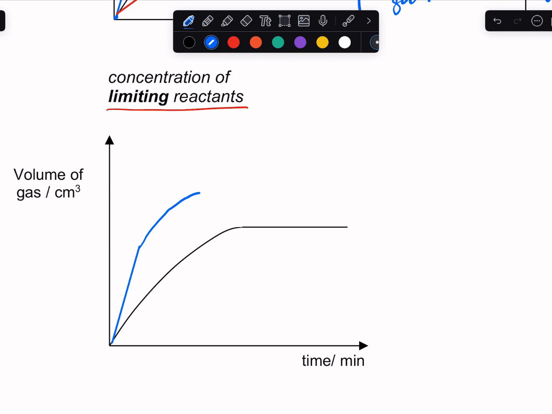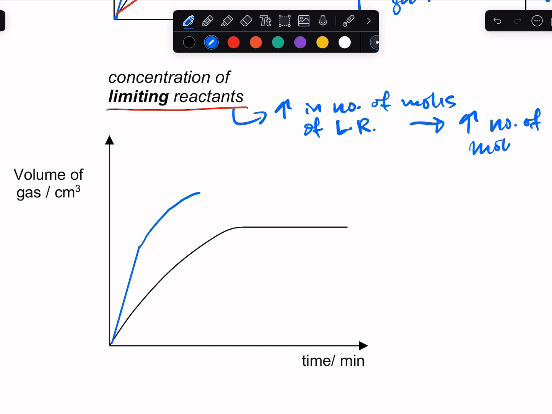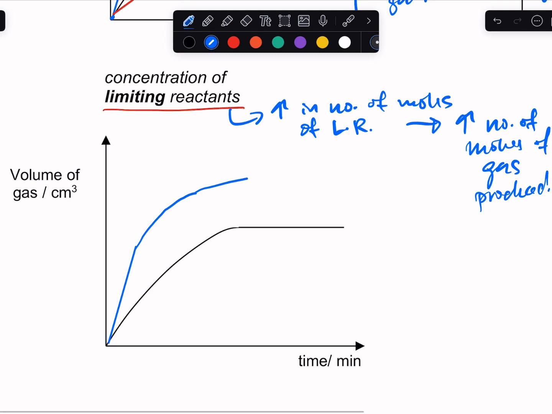But because now there is an increase in number of moles of my limiting reagent, this means there is an increase in number of moles of my gas produced. Okay, so that means that I must end